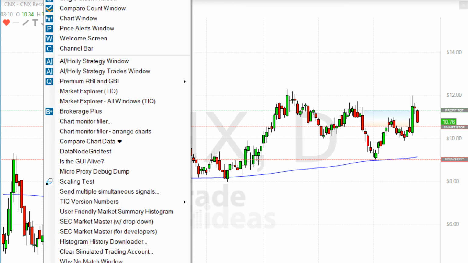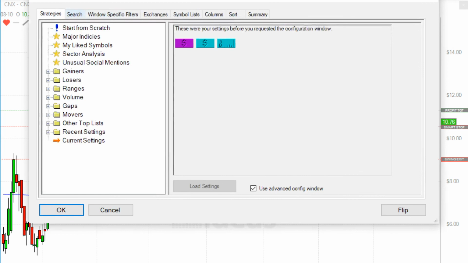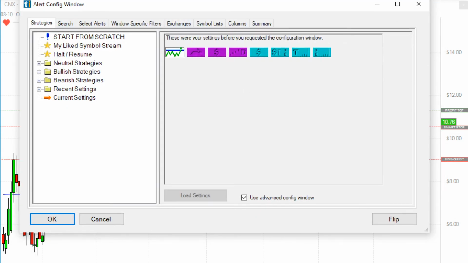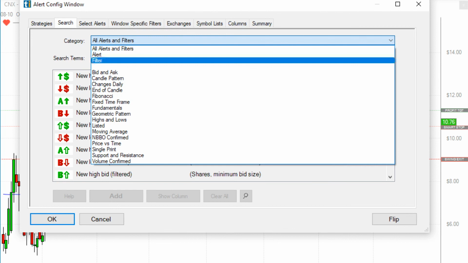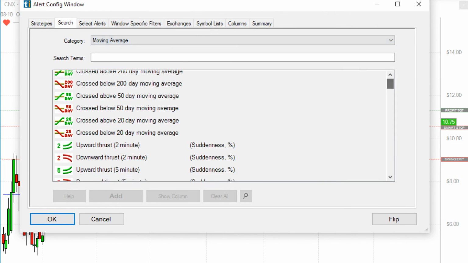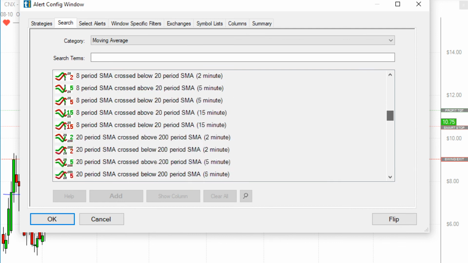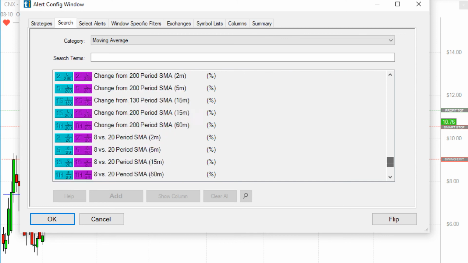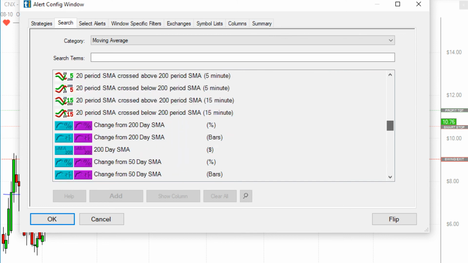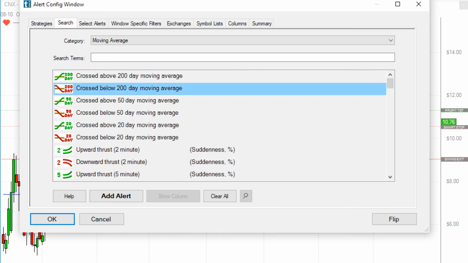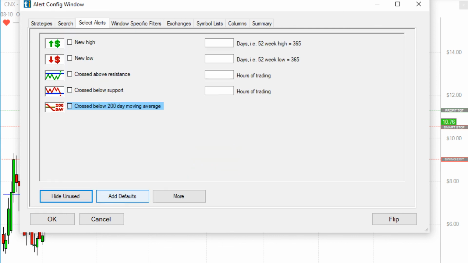So let's go into tools, and let's make a new top list. Or actually, let's just do an alert window, and I'll show you all of the different ways you can do moving averages. So we'll start this from scratch, and we'll take a look at moving average. So you can see all of these filters and alerts are all of the different things that you can scan when it comes to moving averages. There's a lot here, a lot of comparison of moving averages, a lot of break of moving averages, things like this. But if, for example, I just wanted stocks that are crossing below the 200-day, I can add in this alert,